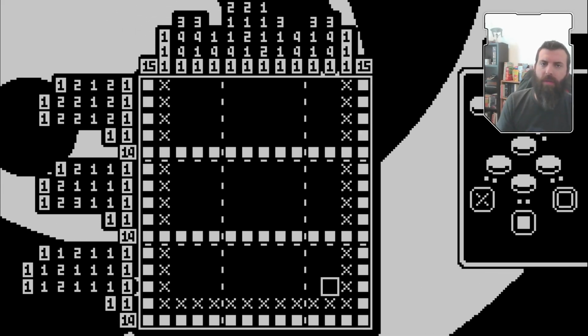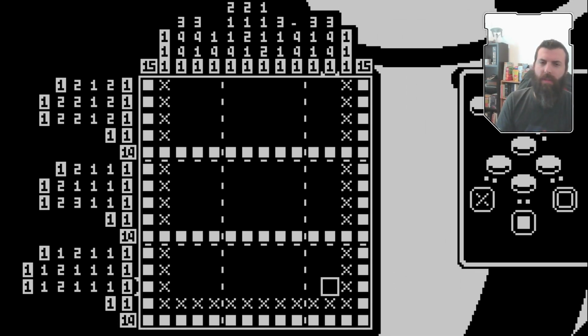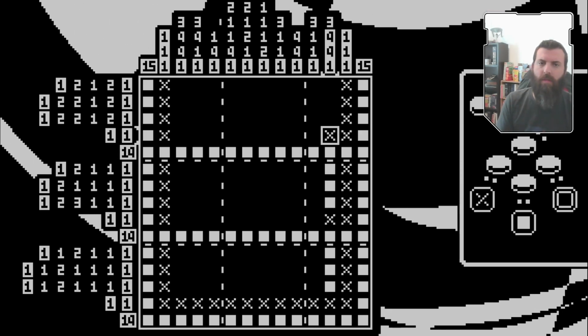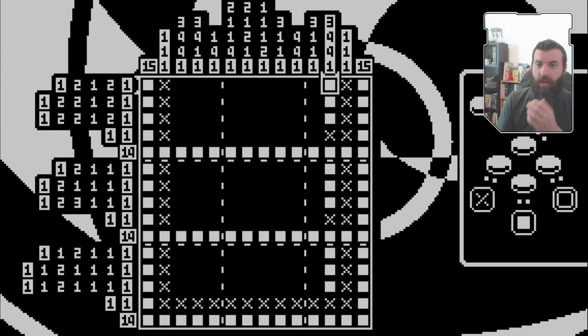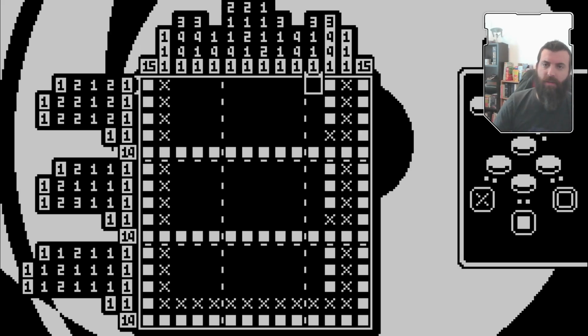On this column, it calls for 3, 4, 4. There's only one solution that fits that. So that completes that, which means that we can go ahead and look at our horizontals again and say,